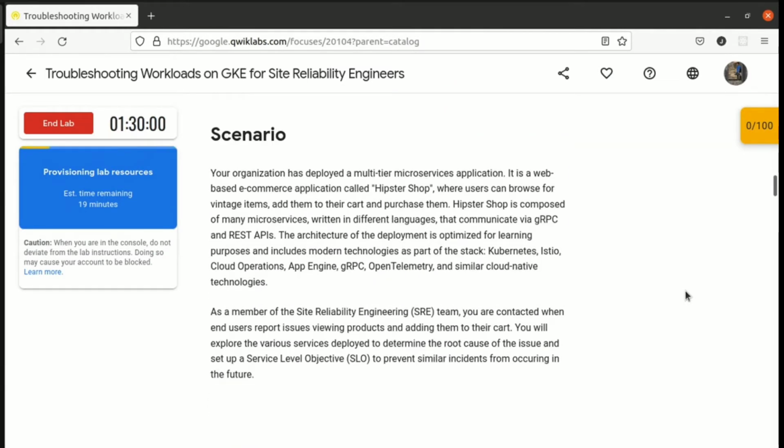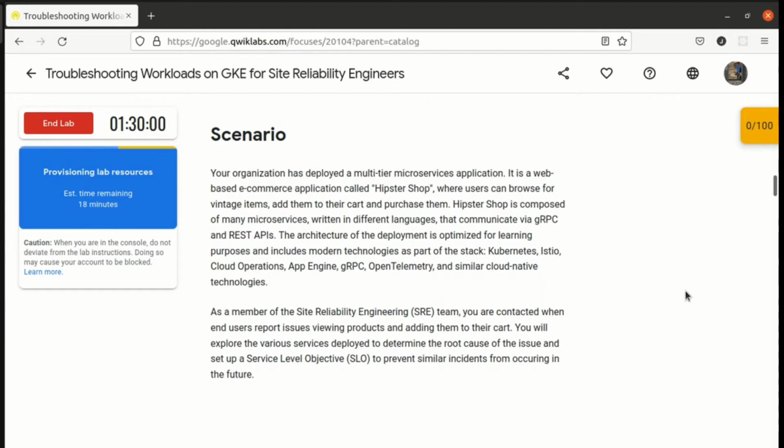Your organization has deployed a multi-tier microservices application. It is a web-based e-commerce application called Hipster Shop where users can browse for vintage items, add them to their cart, and purchase them. Hipster Shop is composed of many microservices written in different languages that communicate via gRPC and REST APIs.